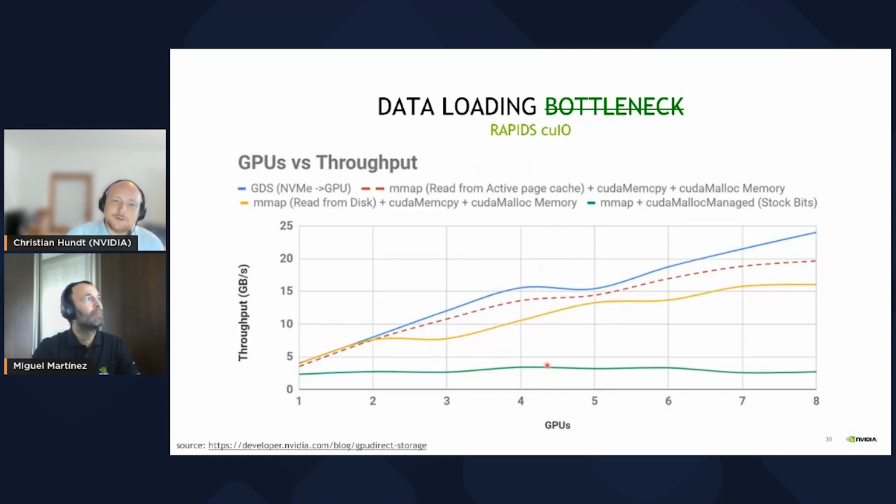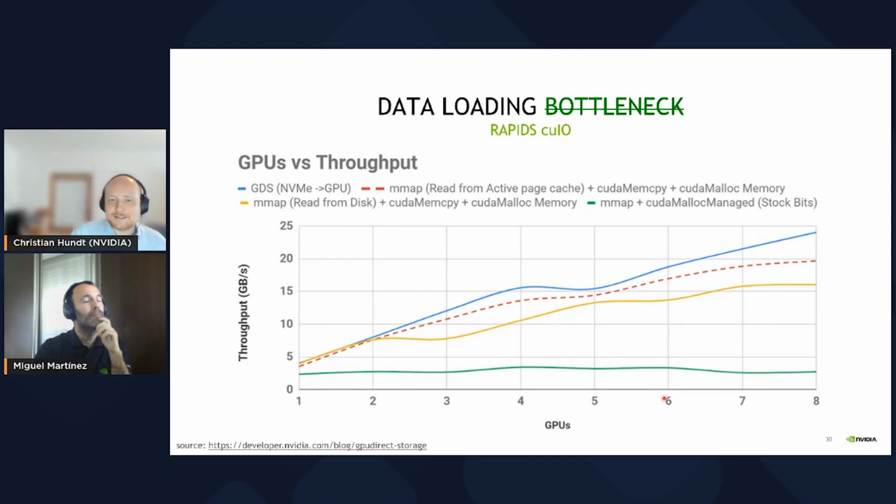And maybe let's have a look here at a data loader. The RAPIDS cuIO CSV data loader implemented in different ways, and you see the slowest variant is the dark green one at the bottom, which basically does the naive approach, as well as a scalable approach that is the blue one, where the throughput scales almost linearly with the number of GPUs. And now just imagine what happens if you're bound by the CPU. That is the green line. When you increase the number of GPUs, you're basically dividing that throughput by the number of GPUs for each of the GPUs, and that's not what you want.